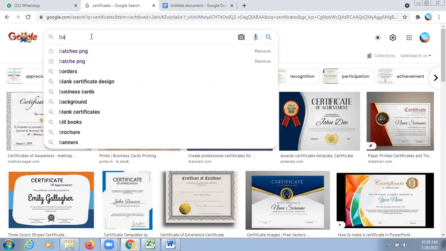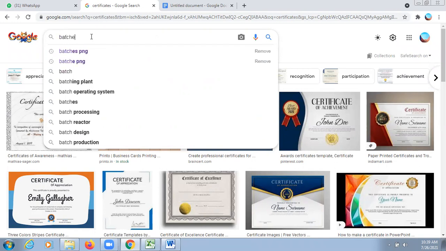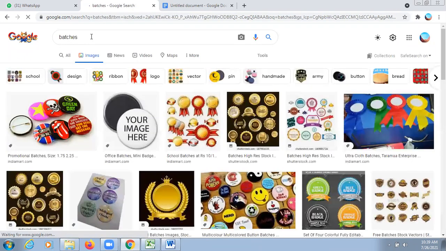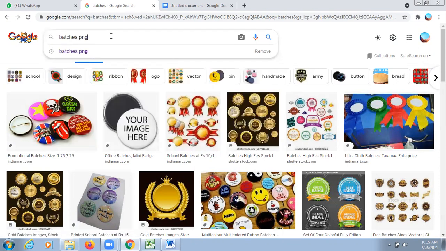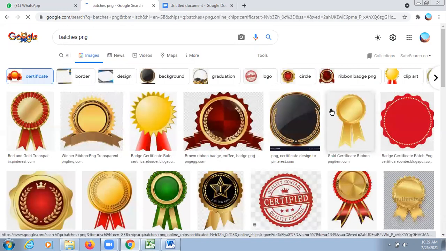So we will search for badges. Right, these types of badges we want. So I want a PNG image. PNG images are those images which don't have any background, right? So let's search these types of badges.